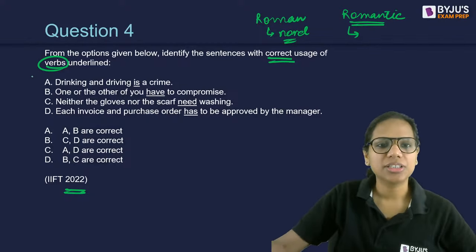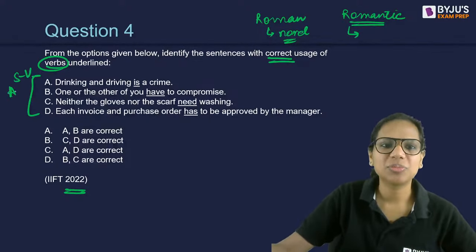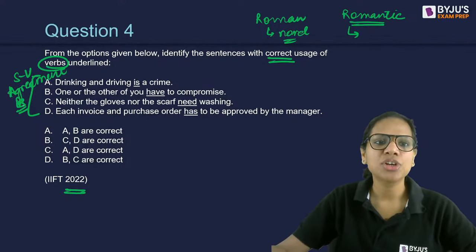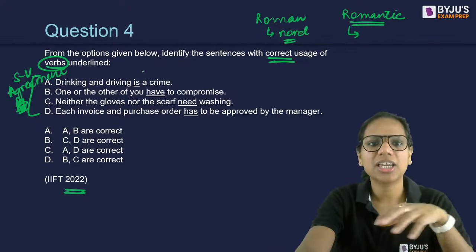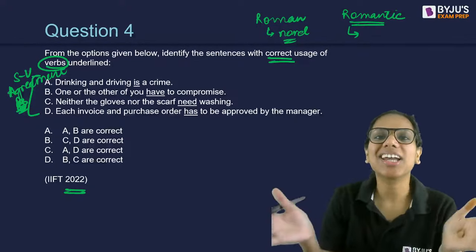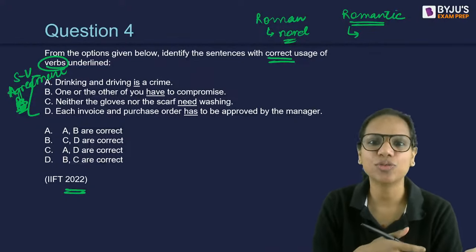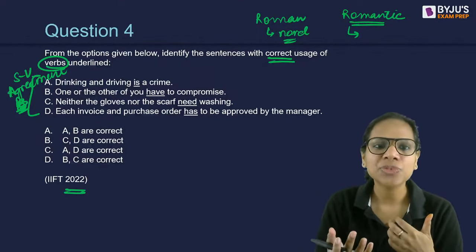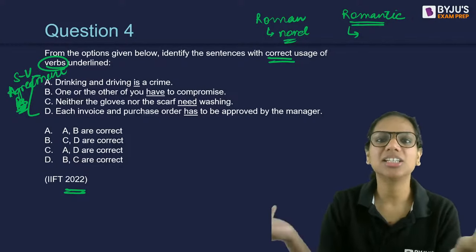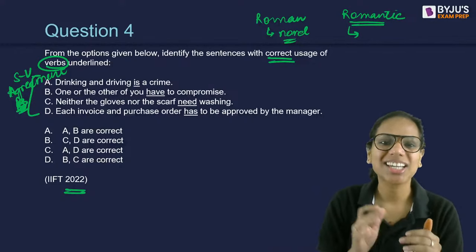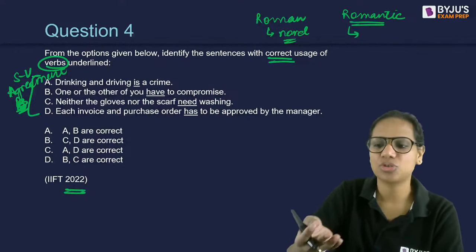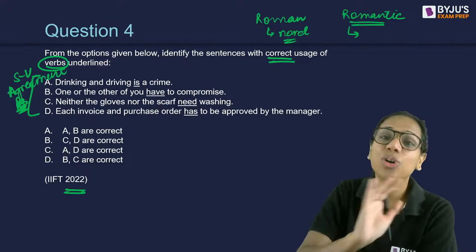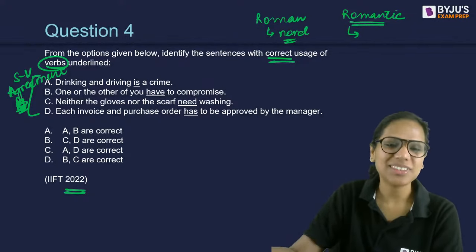Okay, so this is an out and out subject verb agreement question, meaning a question that wants to test your subject verb agreement concepts, right? So this is why I said that there is no one topic, no one area that you need to be perfect at the cost of others, or that you can afford to leave others. Asking whether you can select some areas in grammar to learn is like asking, can I leave some letters and still learn the alphabet, or still learn to form sentences and words? It's that kind of a question. So we've seen subject verb agreement so far, articles, various parts of speech, prepositions particularly. All of these areas are actually important. So, coming to this,